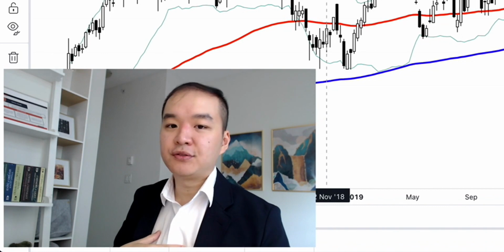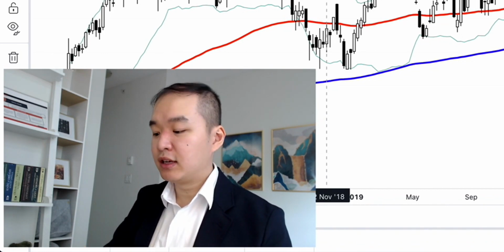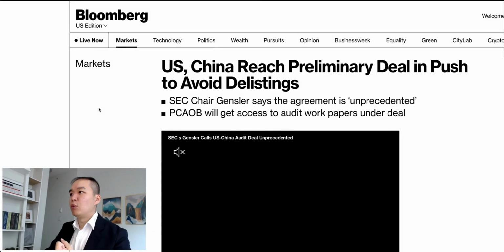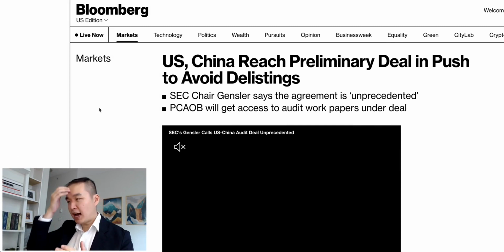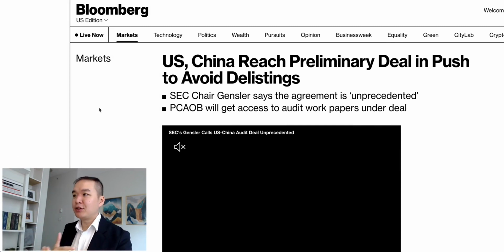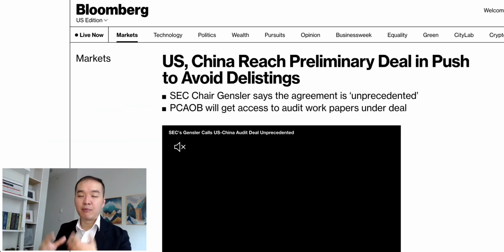But for myself, I've already made the rule of not investing in Chinese stocks anymore because of all the environment, the SEC delisting problem. But one of the good news about this SEC delisting problem is that they actually arrived at some sort of preliminary deal to allow the US Accounting Board, PCAOB, to review the audit documents of these Chinese companies listed in the United States. So this is actually a piece of good news, which is why if you're looking at the latest week for Alibaba, it's actually going up. Now, there are a couple of important points you need to note about this deal.